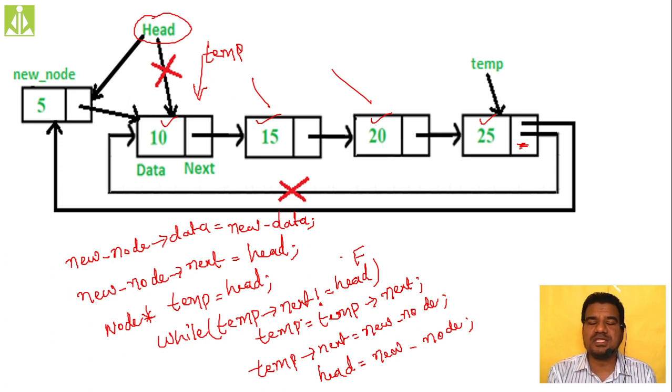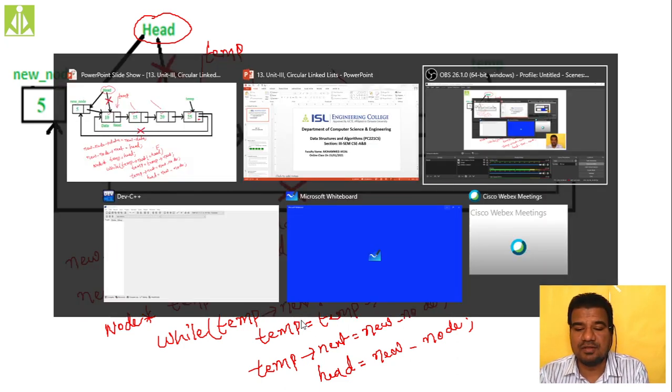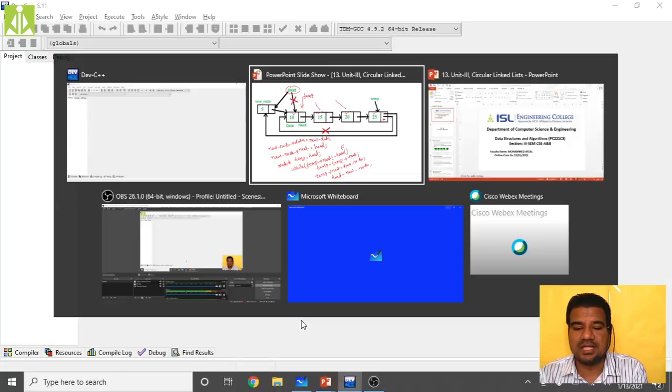So this is the very simple code I have written over here from that explanation. I will frame that same code inside the IDE, because we have already created a circular singly linked list, and we performed the traversal and search operation also. We have written some code over there. So quickly I will go to the IDE and show you what exactly is there.